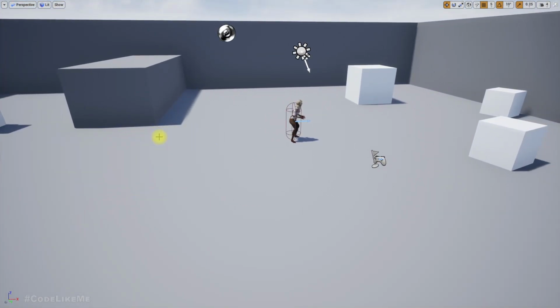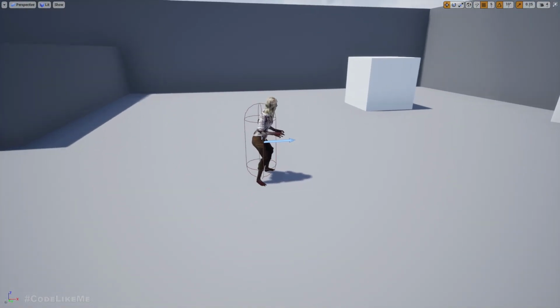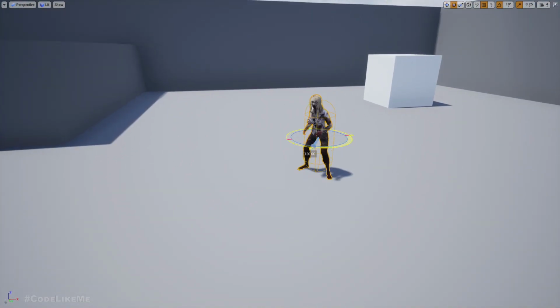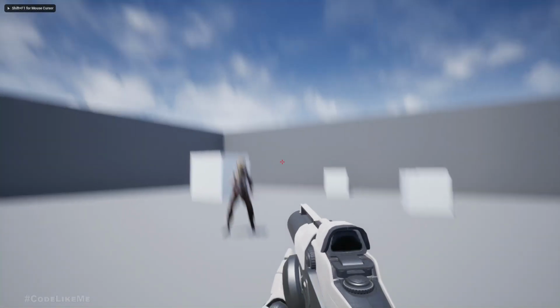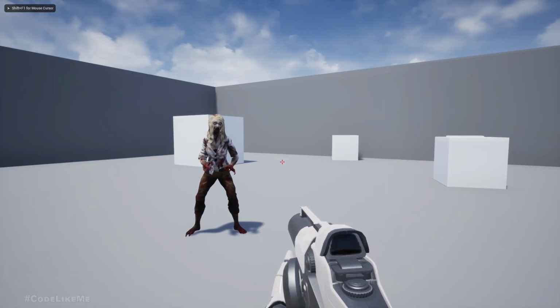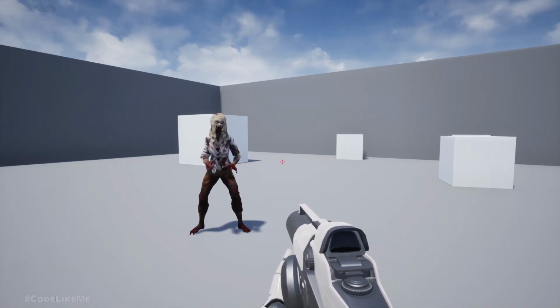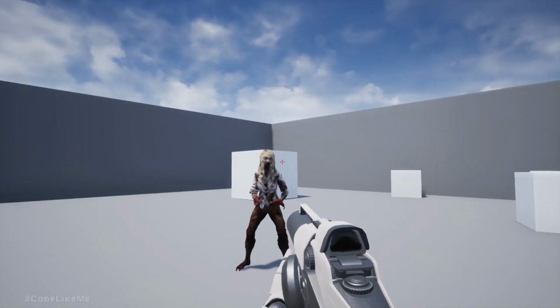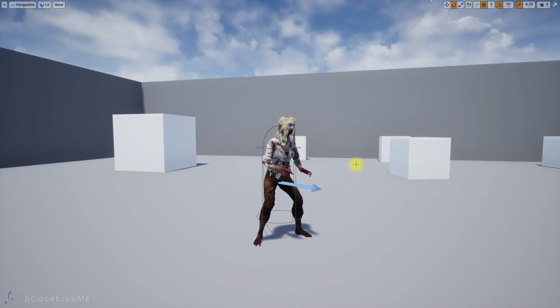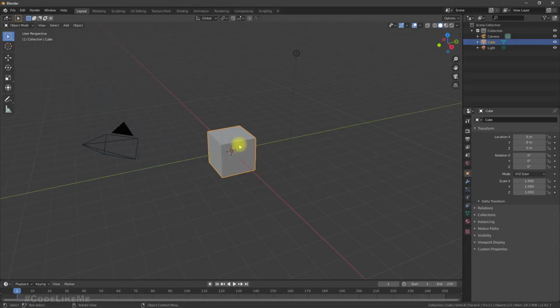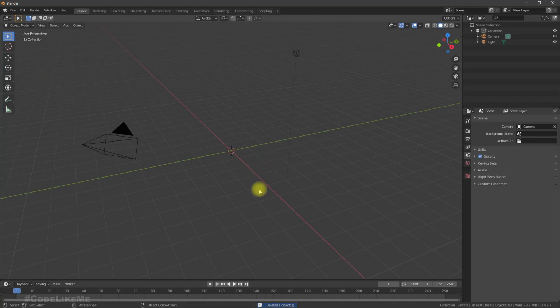I'll delete this one and this one. Okay, here is our zombie. Nothing happens yet. Right, now go to Blender, delete that default cube, and import